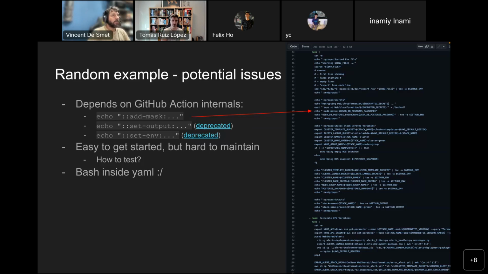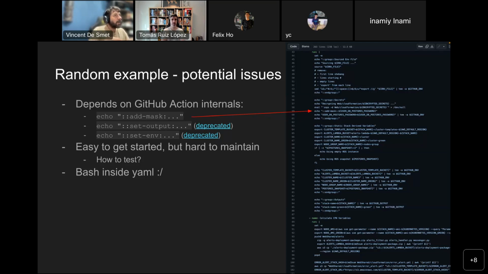Originally, when you wanted to expose certain information, like if you're working with secrets, you would need to call a special command in GitHub Actions that would be interpreted by the GitHub Action runners to do a special thing like masking a password. And there were a few others in the past, such as set output and set environment, but they've both been deprecated. So once GitHub deprecates these internals, you have to go and update every shell script that uses those